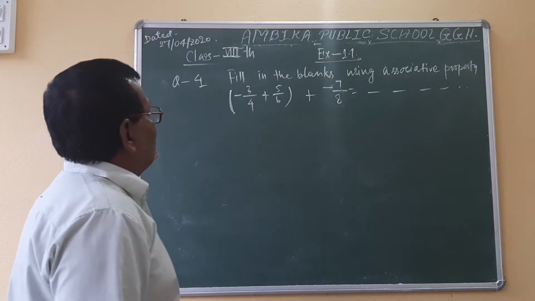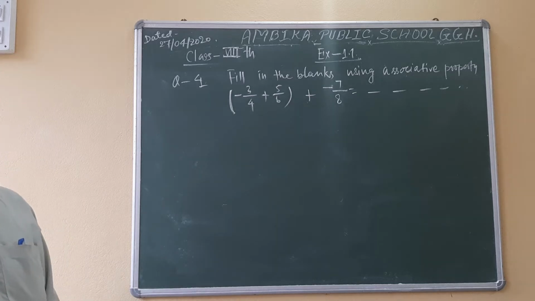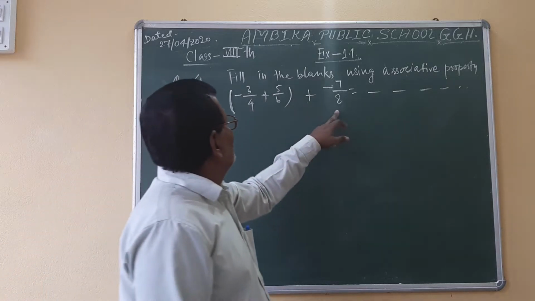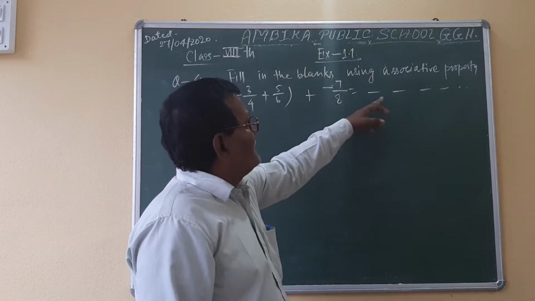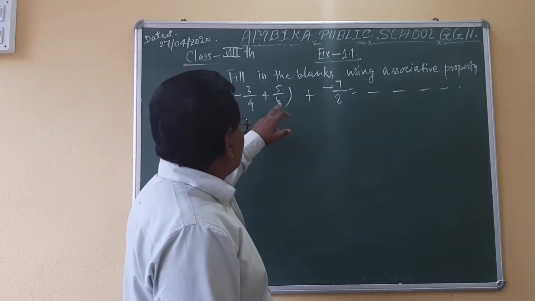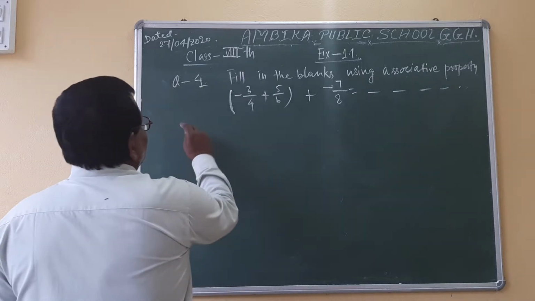We have read that if a, b and c are three integers, then (a + b) + c is equal to a + (b + c). So by associative property,